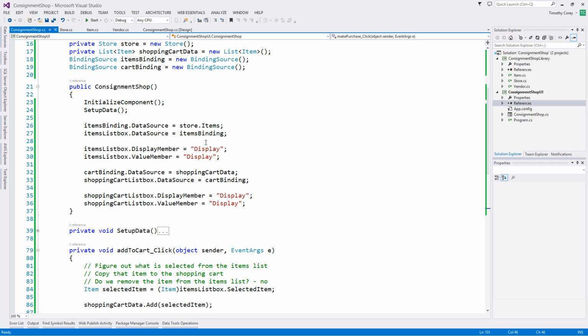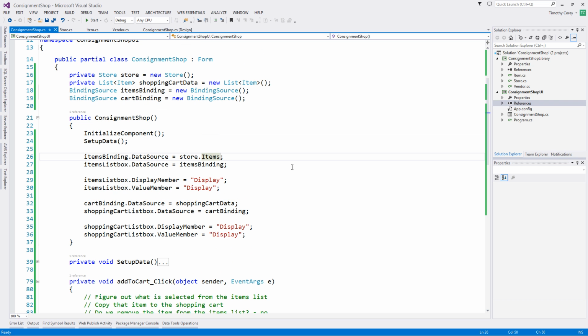Right now, we are binding our data source to store.items, everything in the store. What we could do is create a new list right up here that says, hey, only bind to this new list, and then put every item in the list and then start removing them when they're sold. That's a little kludgy. The other thing we could do is write in our items binding, our store.items, we could use this dot where